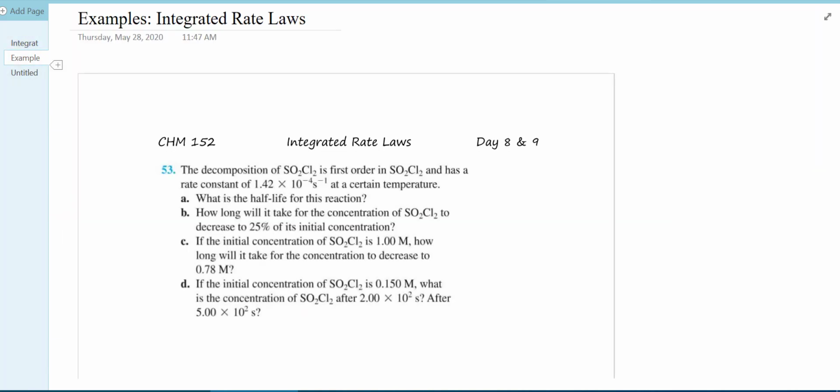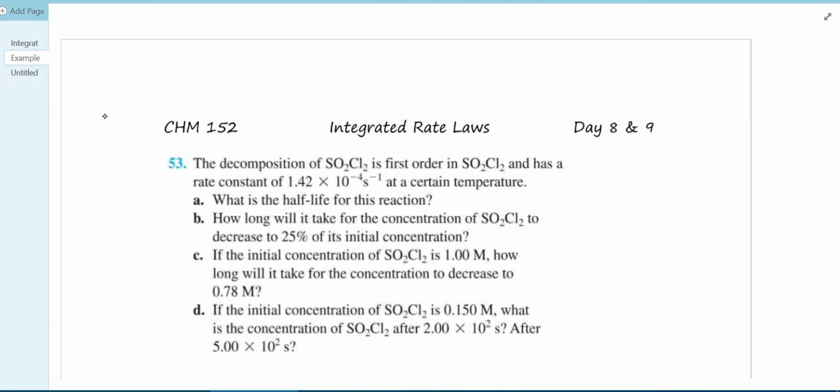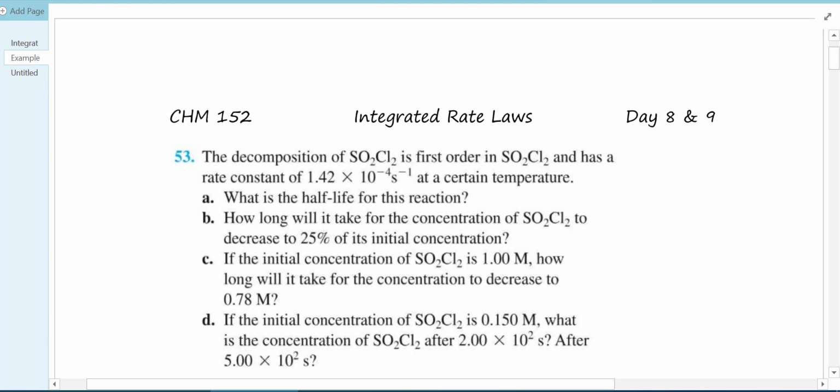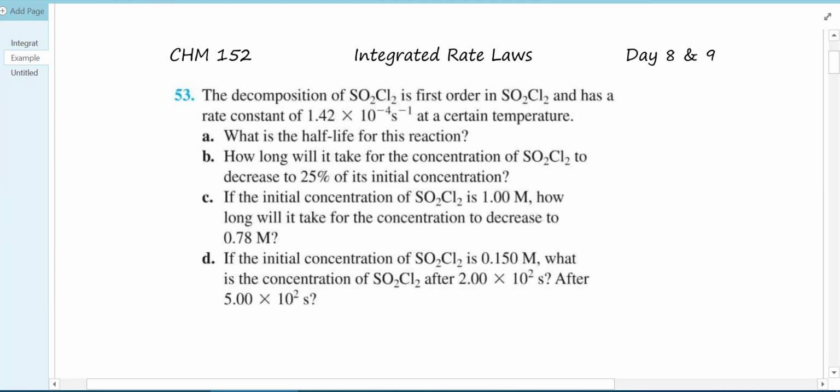The first example we'll do from your handout is thionyl chloride, SO2Cl2. The decomposition of SO2Cl2 is first order. That's important. So what I would do, just so that we have everything, because we want to make sure we have everything,